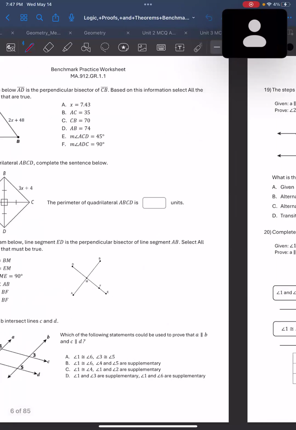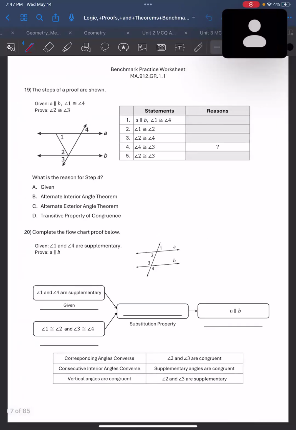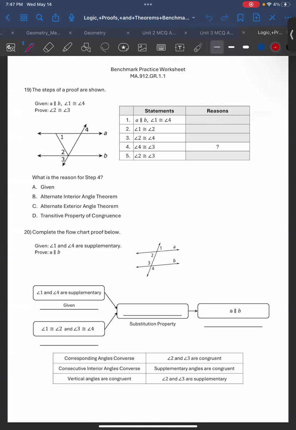Okay, so here's our first proof. Just so you see, this whole section covers all the benchmarks that include proofs. So here we have one. The steps of a proof are shown. You have that angle A and B are parallel. That's given to me. So even though we're only really looking for the reason for step 4, I want to fill in the reasons in the previous steps. So in the first step, my reason is given,